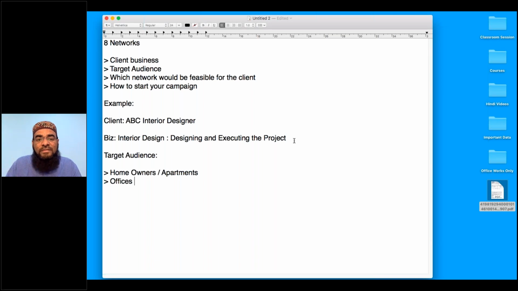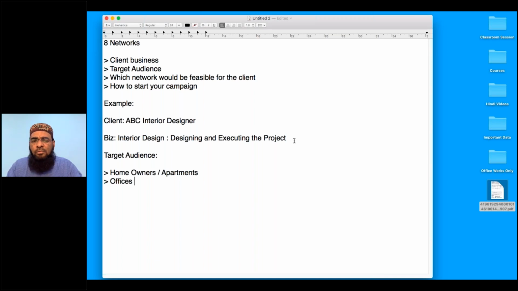So that is also a skill set, that is also a targeting strategy. Some interior designers may be very specialized in only hospitals, possibly. That's called a specific target niche. So that type of clients will also be more effective for that business. That is also one of the unique selling points of some companies.